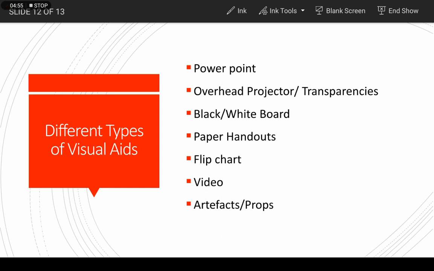Then comes our flip chart. A flip chart is a large pad of paper on a stand. It is a very useful and flexible way of recording information during your presentation. You can even use pre-prepared sheets for key points. Remember to make your writing clear and readable and your diagrams as simple as possible.